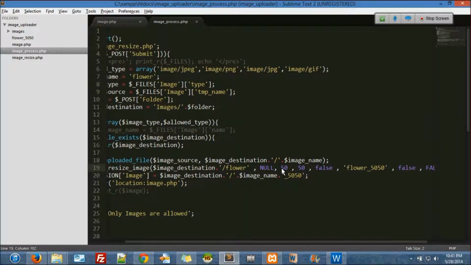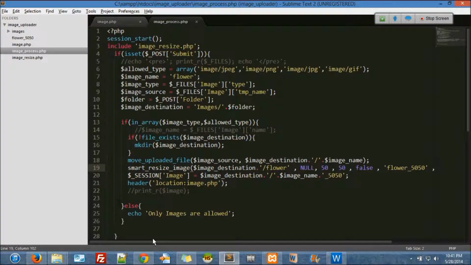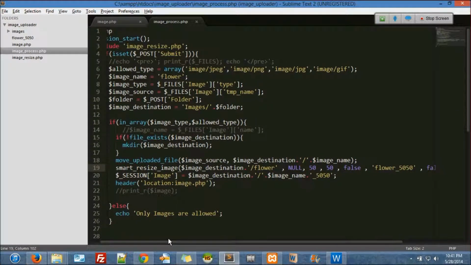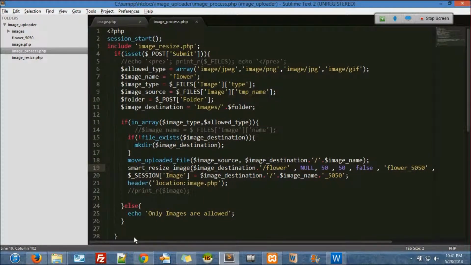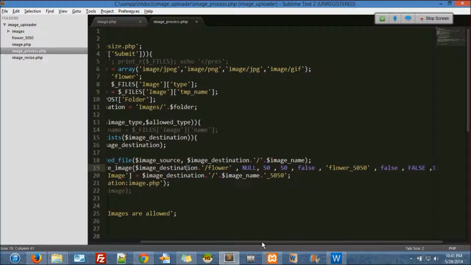Flower underscore 5050. Okay, smart underscore resize image, the image destination. Oh, I'm sorry, I have to give the complete path here again. My bad.